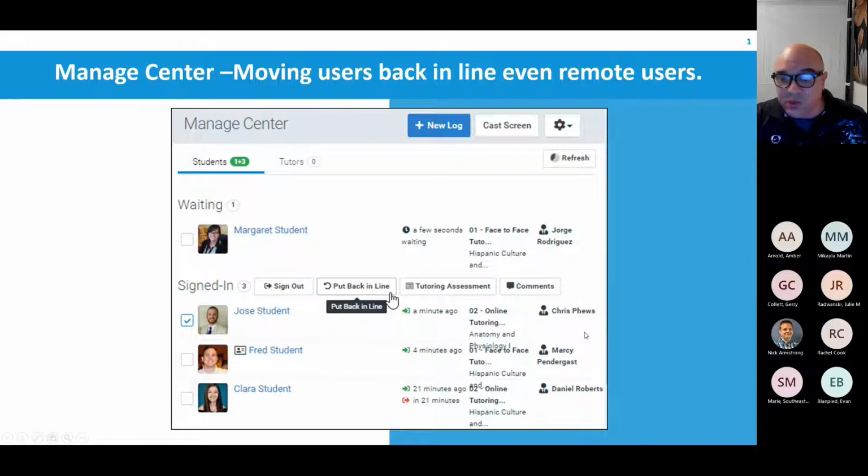And actually, you can see your staff on the right. You can see that Chris, Marcy, and Daniel are the 3 staff that are having sessions with these students. Now I want you to see the third section that is not here, at the bottom: the recently signed out section. Once you finish your session, you're going to go to that section there in the bottom,